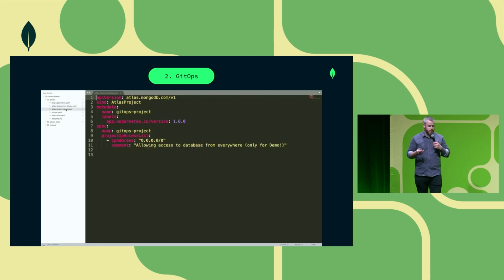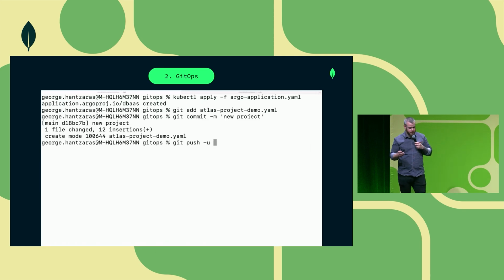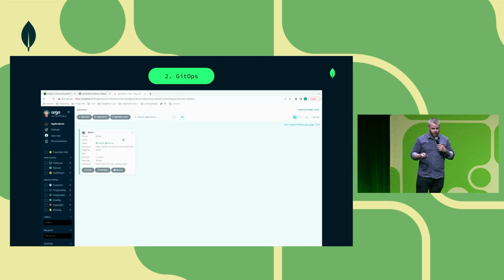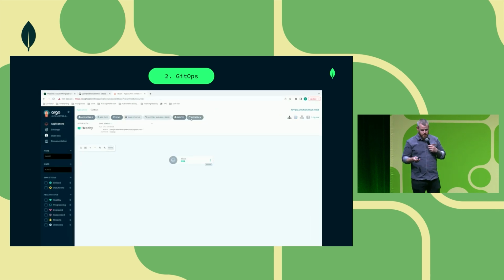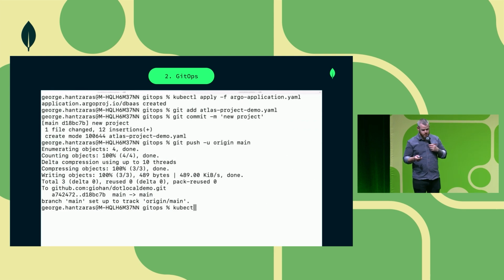So now we can actually create a project. It's almost identical apart from a slightly different name of GitOps, defining much the same thing. Only this time, instead of using kubectl apply, we're going to do a simple git push to our repository. And as we're able to see in the Argo CD UI, our Argo application has already picked up the changes at the project custom resource in Kubernetes. So now if we flick over to Kubernetes, we'll be able to see that resource created there.